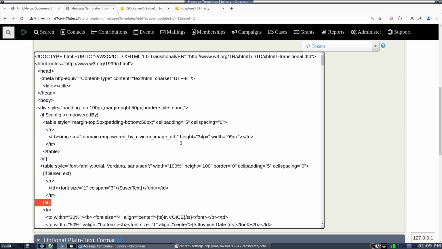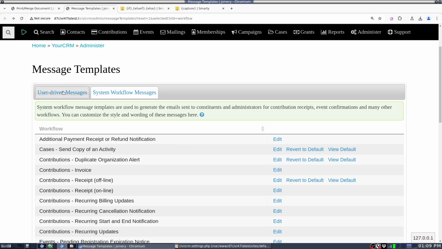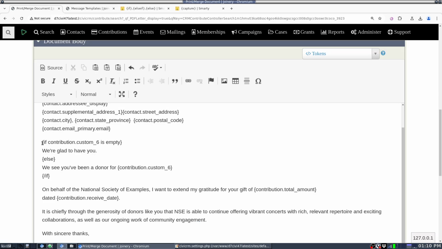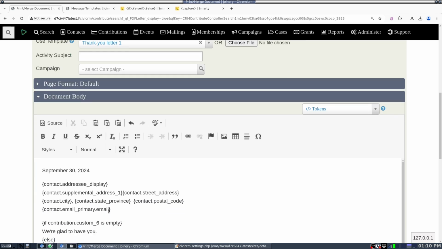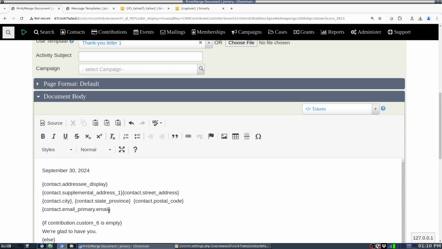And so these message templates that are system workflow messages already are being parsed for Smarty templating instructions. But our user-driven messages, like our thank you letter 1, are not being parsed. And also any information that gets put into the document body or the body field of a mailing is by default not parsed for Smarty templating rules. However, there's a way to do that, and in this video we're going to enable that and